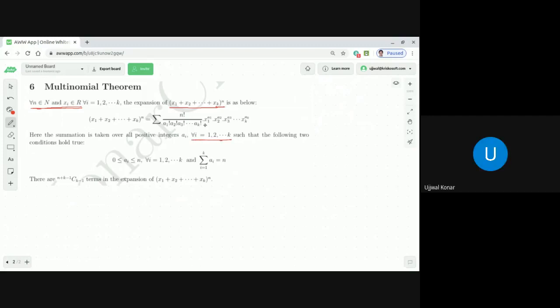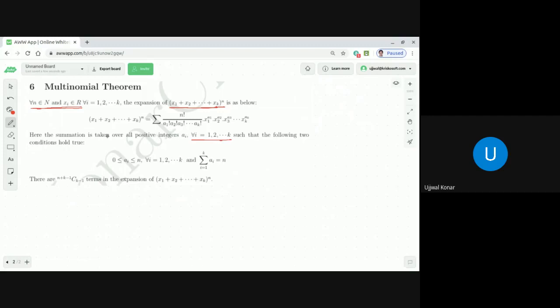Why? What is k? k is the last term, x1 to xk, such that we can have the following conditions to be true. Let me repeat once more. If you look into this summation, (x1 + x2 + ... + xk)^n is equal to the summation of n factorial divided by a1 factorial into a2 factorial into a3 factorial up to ak factorial, into x1 power a1 into x2 power a2 into x3 power a3 up to xk power